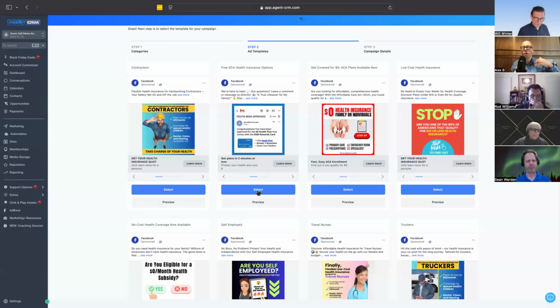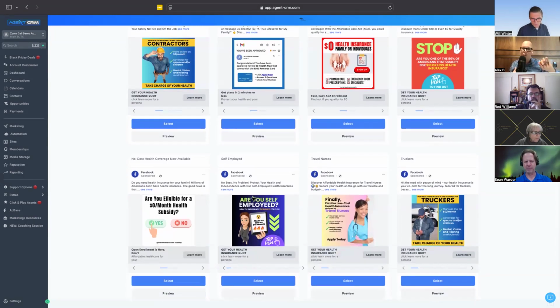Now, if there's an ad in here where you're like, that doesn't really represent my brand, I don't feel that one very much, then don't launch that one. Don't select it. But there's going to be multiple ads in here that you can use. I highly recommend trying as many as possible. So now the ad, when you launch it, I'm not going to go through an AdBase tutorial here, but